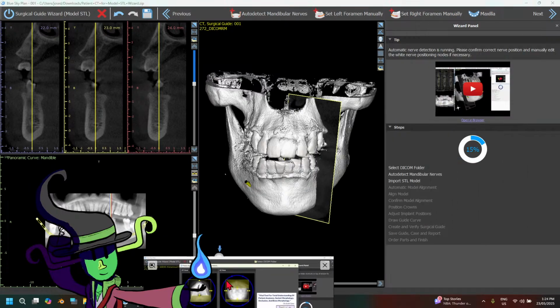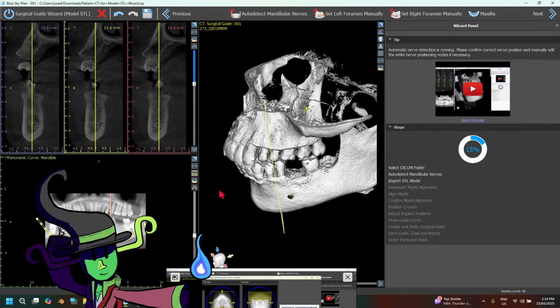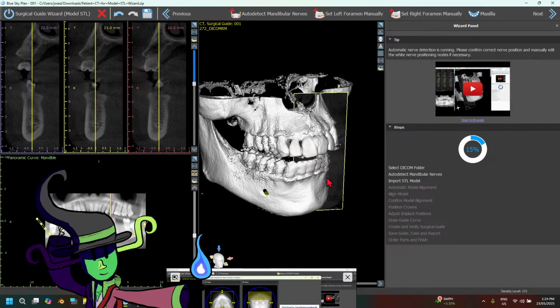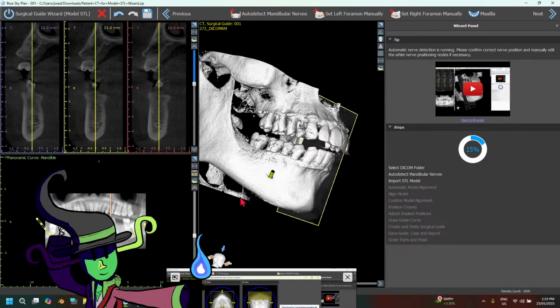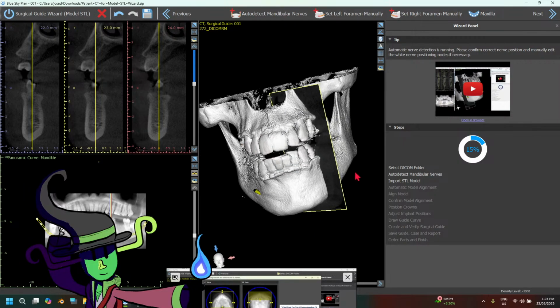Hold on, I'm just gonna put this video underneath for now. Let's see if we can figure this out on our own. I don't think it's gonna be that hard for me to figure out because they're already giving me some tips here. Automatic nerve detection is running. Please confirm correct nerve position and manually edit the white nerve positioning nodes if necessary. So in this step in the wizard process, you're now supposed to be creating the nerves for our